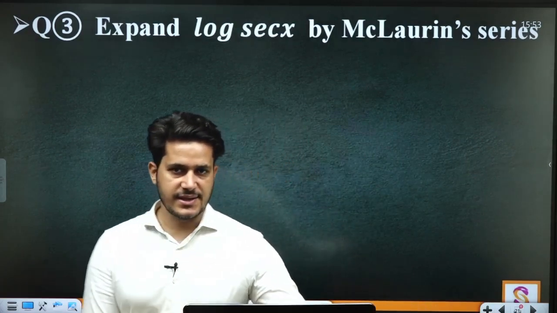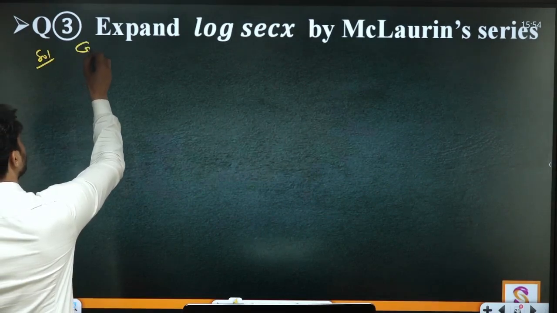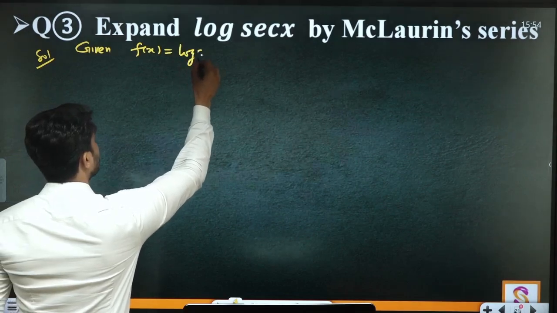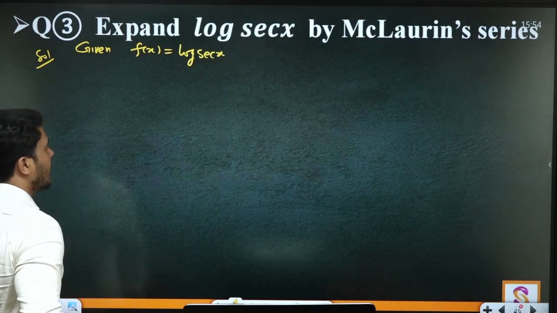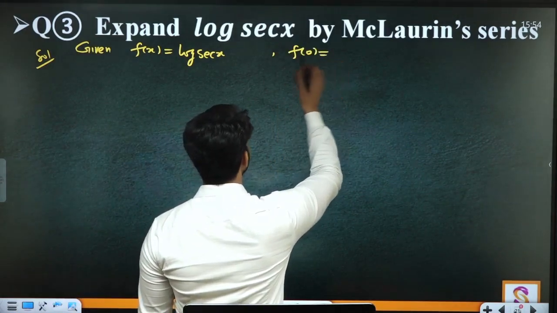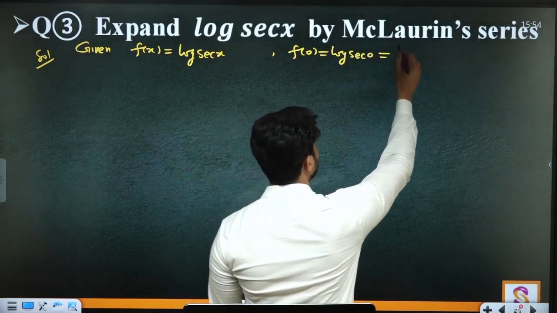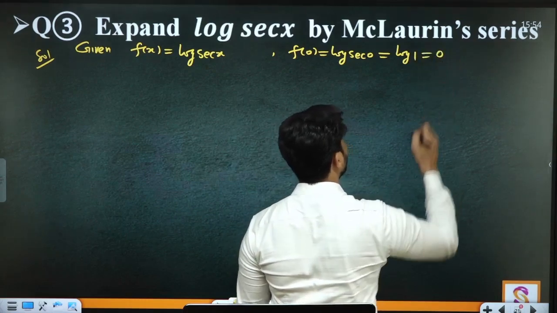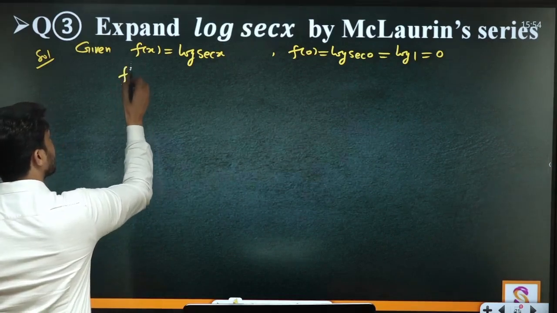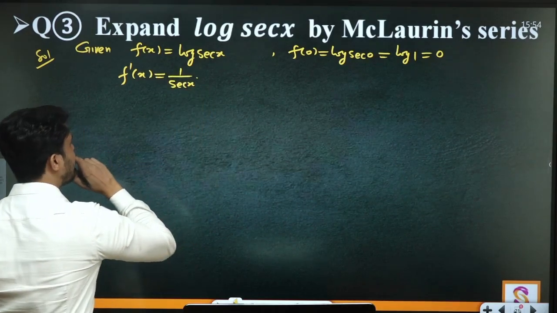ओके, नेक्स्ट, एक्सपेंड log sec x by मैक्लॉरिन सीरीज। log sec x, अब इस क्वेश्चन को देखेंगे कि log sec x किस तरीके से एक्सपेंड किया जा सकता है। सॉल्यूशन: गिवन, दिस इज f(x) इक्वल टू log sec x, then find the value f(0) in front of this: log sec 0, sec 0 is 1, that's why log 1 will become 0। ठीक है, 0 हो जाएगा।